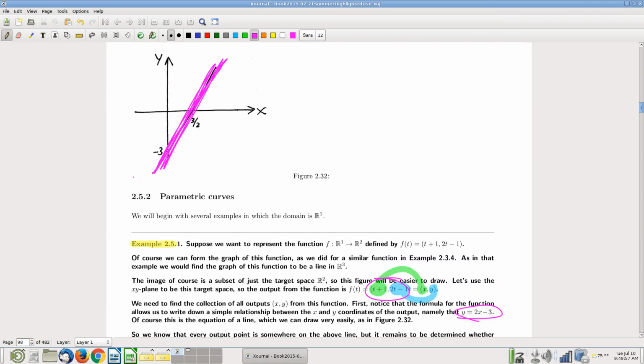Now, there is a worry that we might bring up. Technically what I've shown here is that every point that comes out of this function satisfies this equation. That means the entire image of this function is on that line. That does not necessarily mean that it is the entire line. How do I know that every point on that line comes out of this function? Well, this is just a matter of direct calculation. If you give me a point,